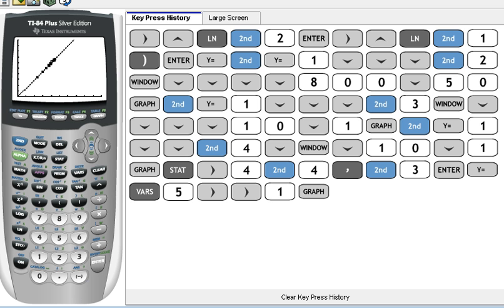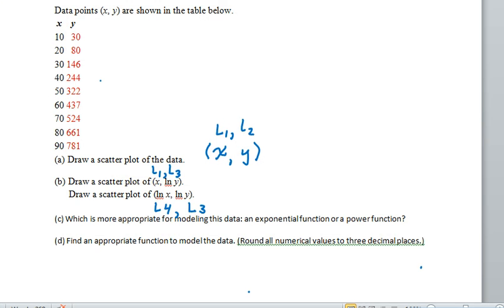So now we'll go back to the other screen and choose the power function as the best model,